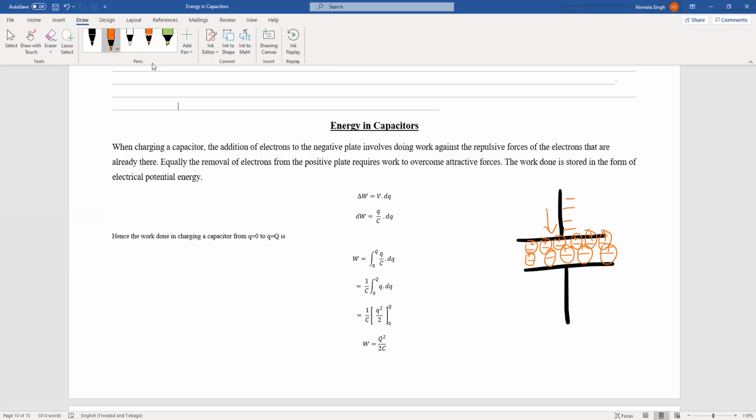So let's read this again. When charging a capacitor, the addition of electrons to the negative plate involves doing work against the repulsive forces of the electrons that are already there. Equally, the removal of electrons from the positive plate requires work to overcome attractive forces. Now, think about it here. We just saw the diagram where we end up with